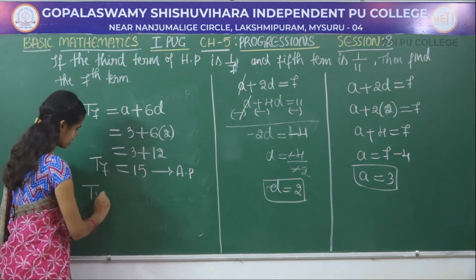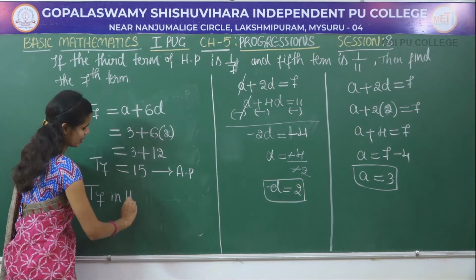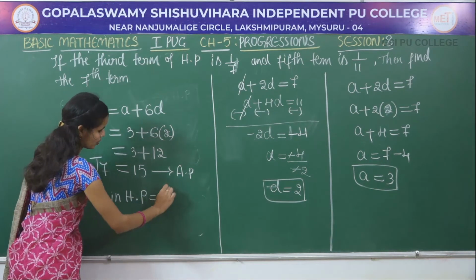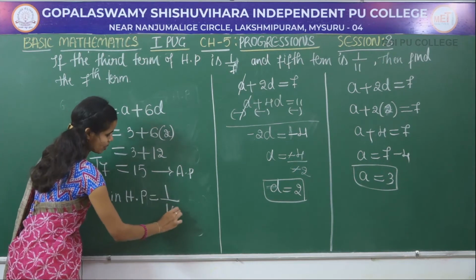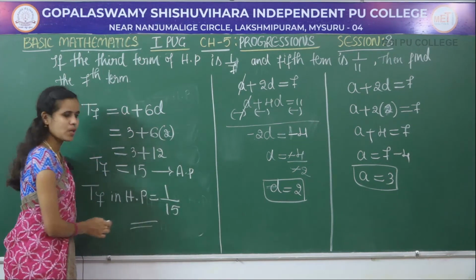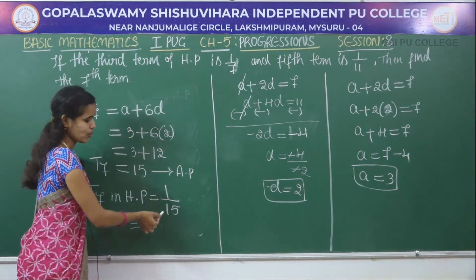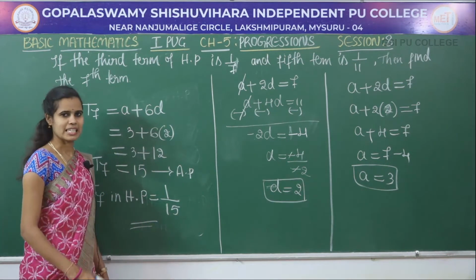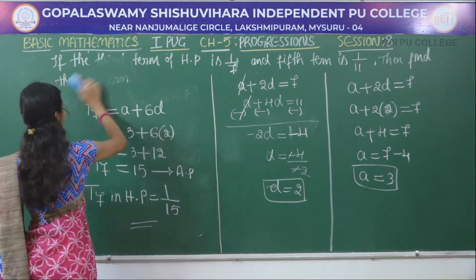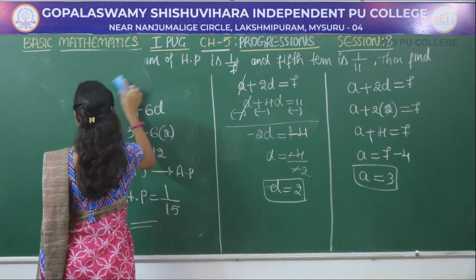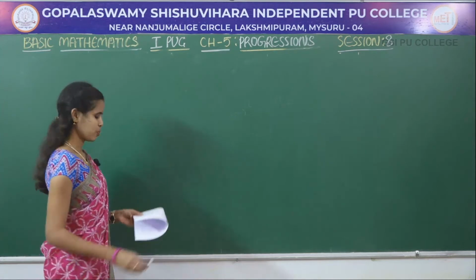Therefore, the seventh element in HP is equal to the reciprocal of 15, which means 1 by 15. Therefore, the required seventh term in HP is 1 by 15. Okay, next let us move on to the next problem. Next problem,